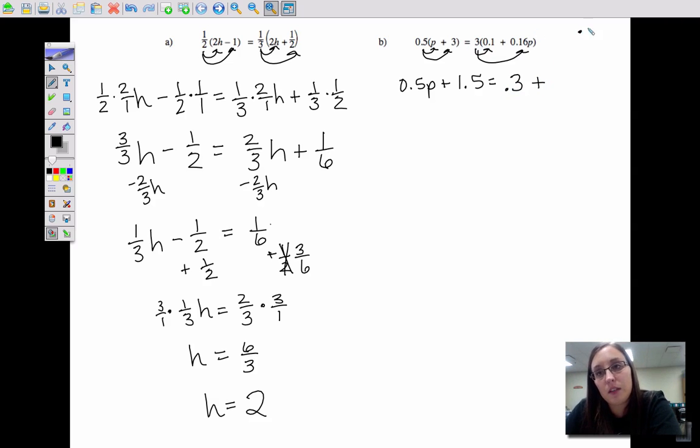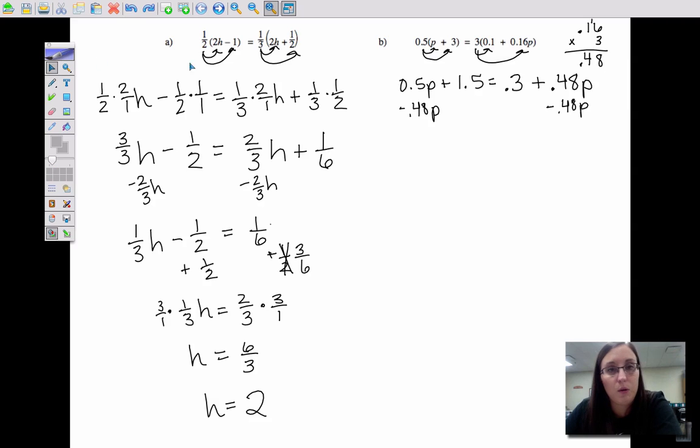Plus, now 3 times 0.16, I don't know off the top of my head, so I'm going to multiply that out. 3 times 16 gives 48. I've got 2 decimal places, so I've got 2 decimal places in my answer. All right, plus 0.48p. All right, now same thing, get the variables together. Now I'm going to make this 0.50 because I want it to have the same amount of decimal places. Let me move my p over a little bit so I have a little more room here. So 0.50 minus 0.48 will give me